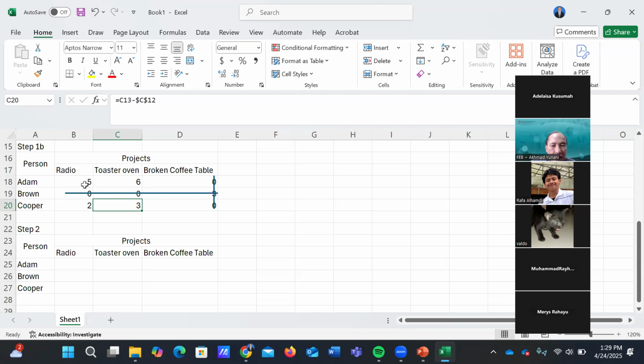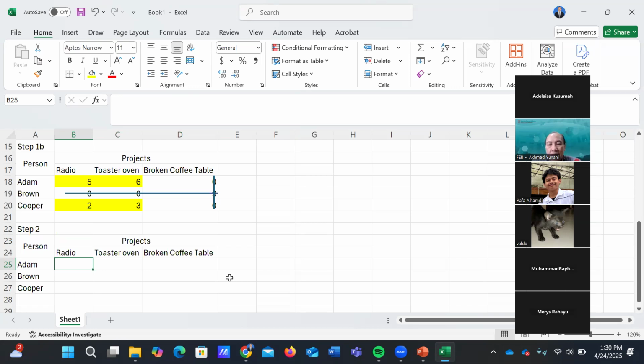The smallest number of the numbers not covered by the line. So here, what is the smallest number? This is uncovered by line. The smallest number here is 2, that is Cooper to fixed radio.